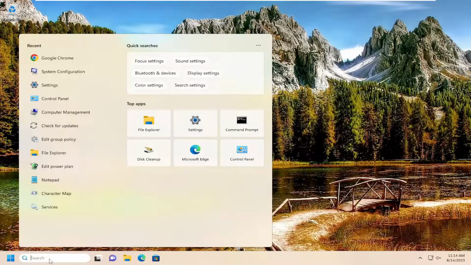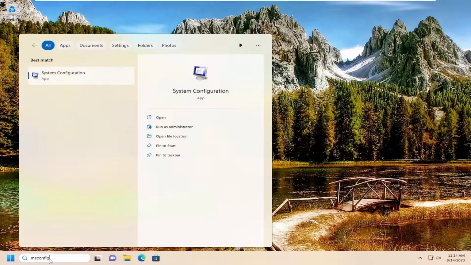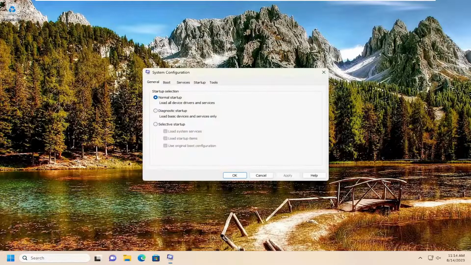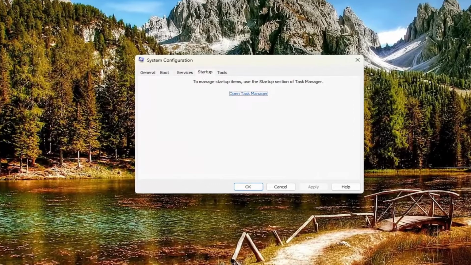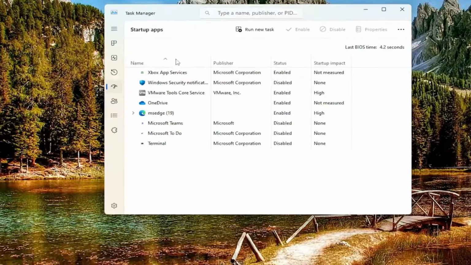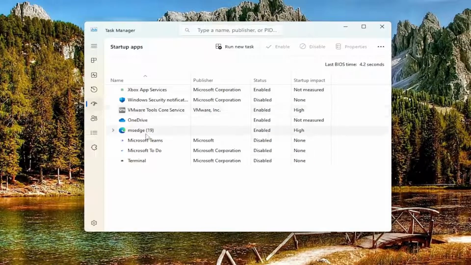So you want to open up the search menu, type in msconfig, best match, or go back web system configuration. Go ahead and open that up, and then select the startup tab, and then select the hyperlink that says Open Task Manager. Now over here on the right, you can disable certain applications from starting up every time your computer